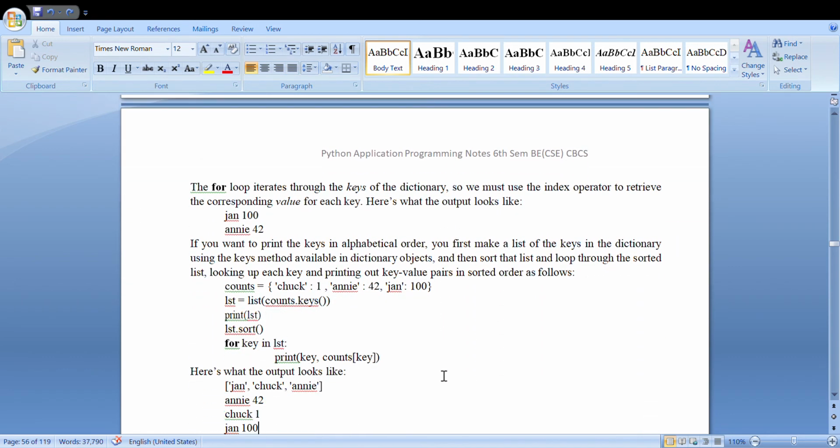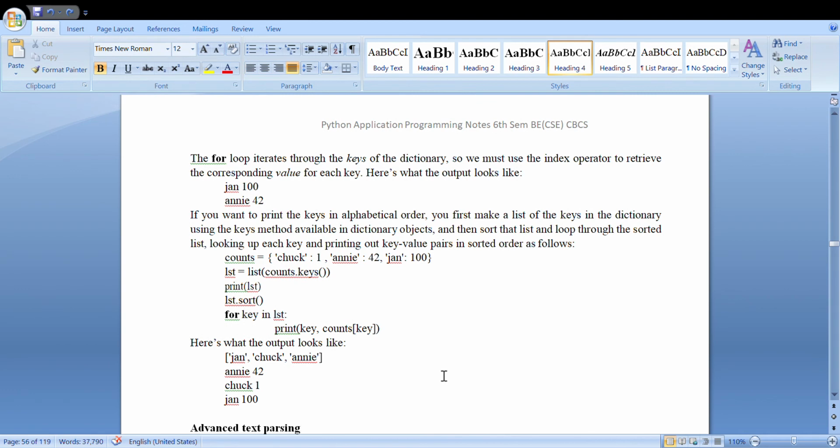And in the same way, this is another program which prints the keys in alphabetical order. First we take a dictionary, and then we prepare a list out of the keys of the dictionary, whatever is available in our dictionary object. Then you sort that list, and then loop across that list. So understand, there is a dictionary, and you create a list out of it. In the same example, they have taken counts as the dictionary, and you have created a list, which is nothing but the list of your counts.